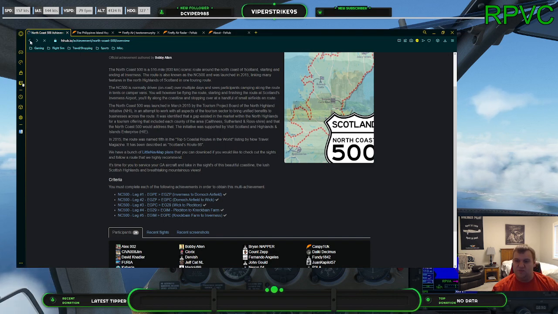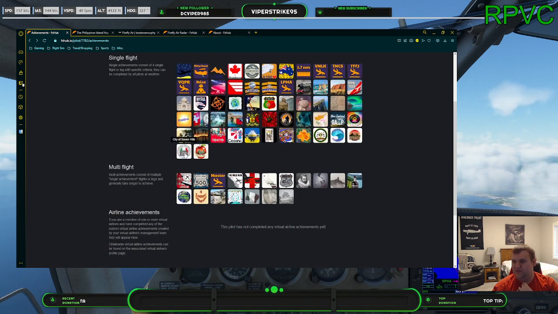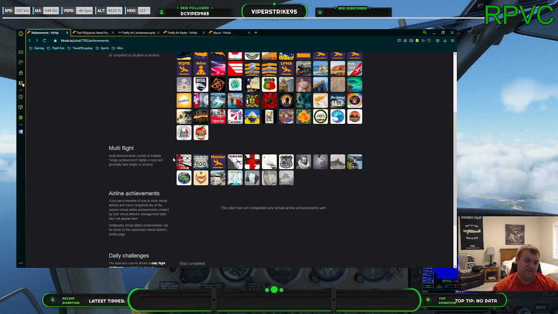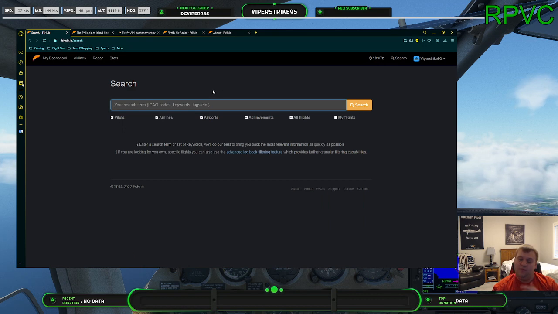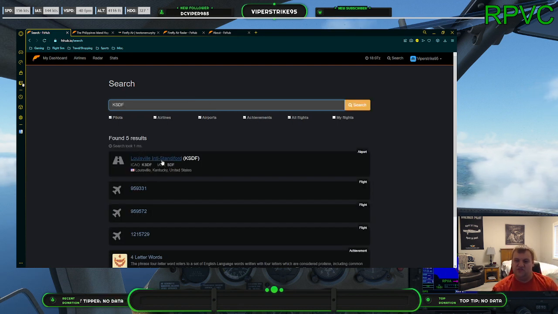Also, in addition to this, your own airlines can do their own achievements for the virtual airlines. So your VA can do their own achievements and create their own stuff too. But it's way more than just VA stuff, by the way. You can search airports too. Let's do Sanford, for example, my home airport. My home international. So click this,